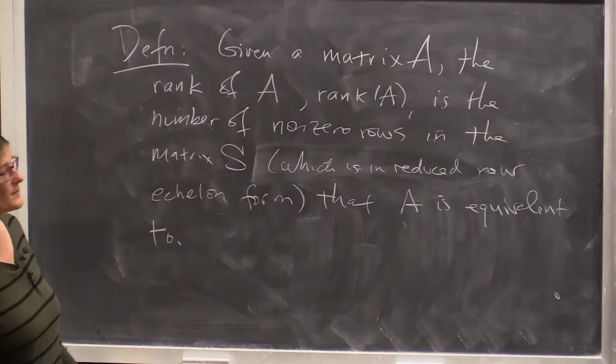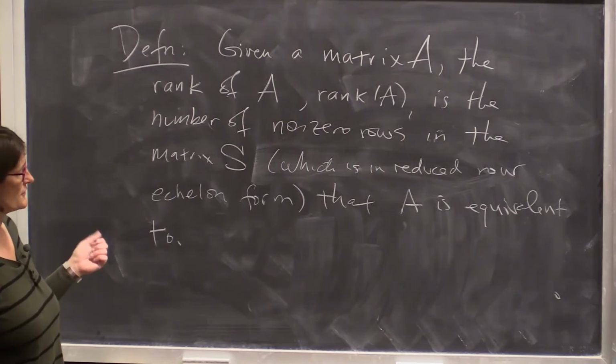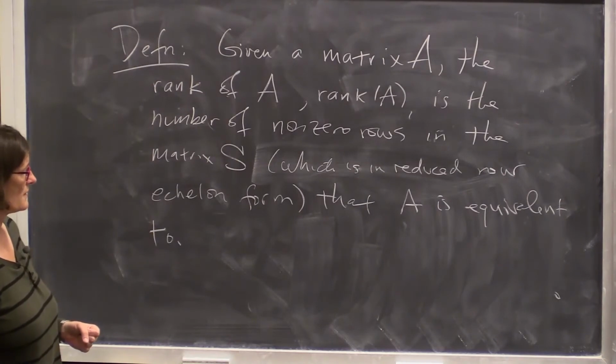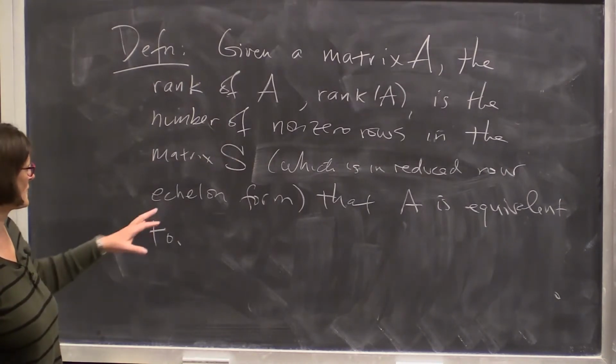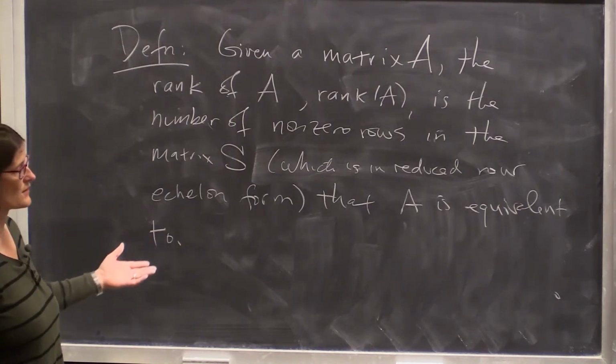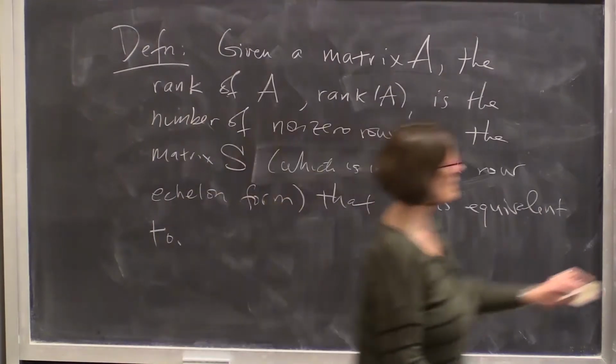So if I give you a matrix and I ask you for its rank, the first thing you do is elementary row operations on the matrix until you have reduced it to a matrix in reduced row echelon form. And then you count the number of leading ones, or the number of non-zero rows, in that matrix. So for example,